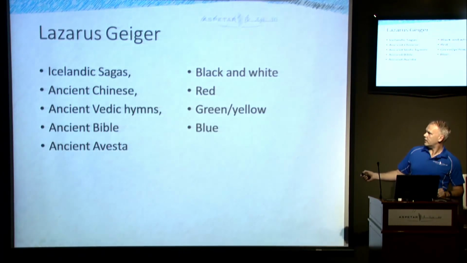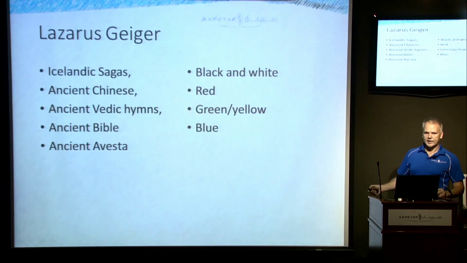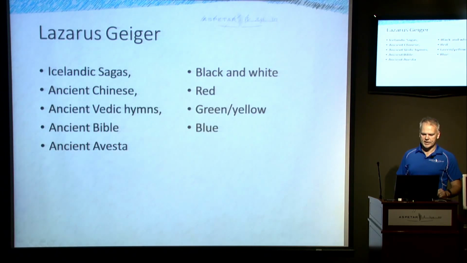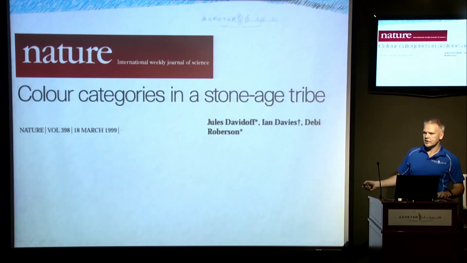Inspired by this research, a guy I couldn't find a photo of, Lazarus Geiger, later went back and looked at a whole bunch of ancient texts and found that always the first colours, or shades in this case, to be described are blacks and whites, and blue is always the last colour that's described in any community. That is, communities that need to have the colour blue. So there are still what we'd call primitive civilizations living on the world who have no need to see blue, and so they don't. So this paper in Nature looked at tribesmen of Papua New Guinea, and the same researchers,